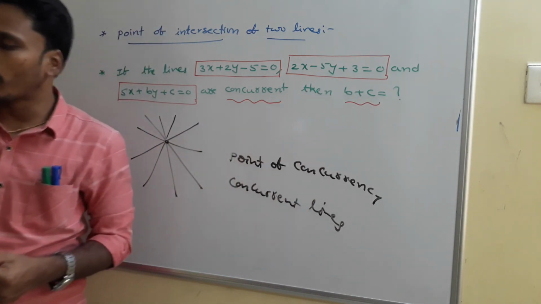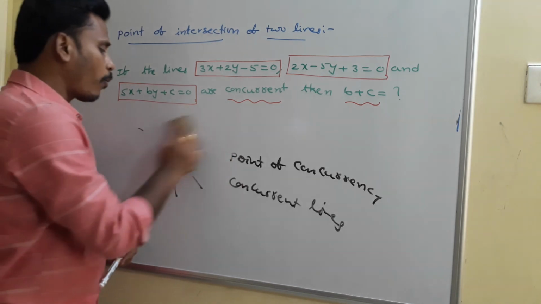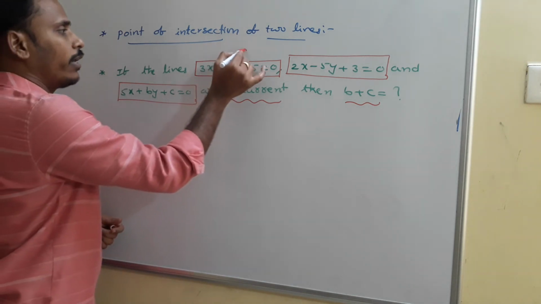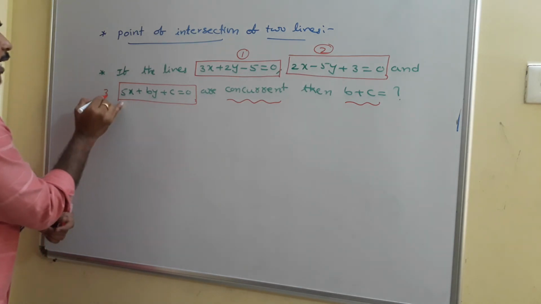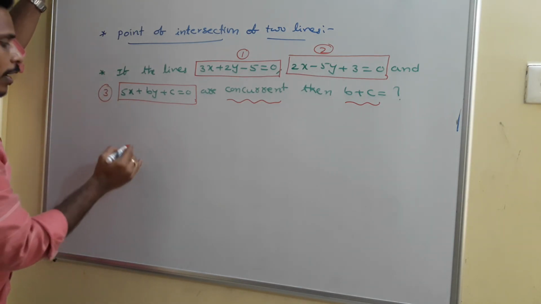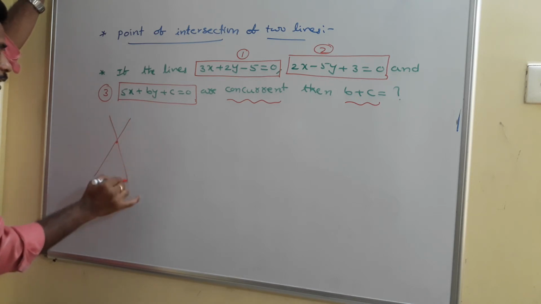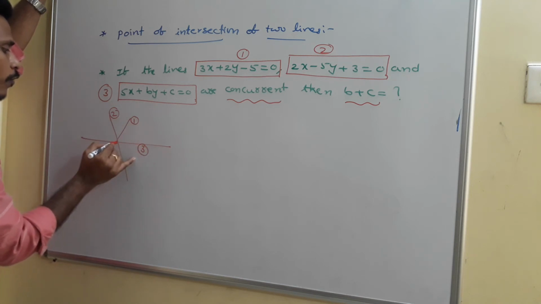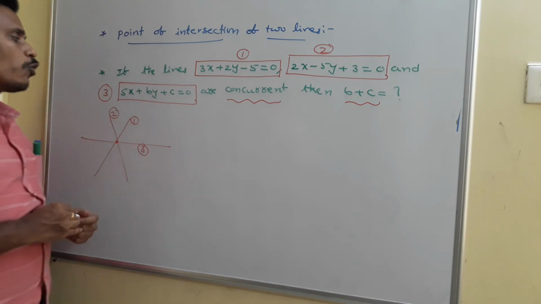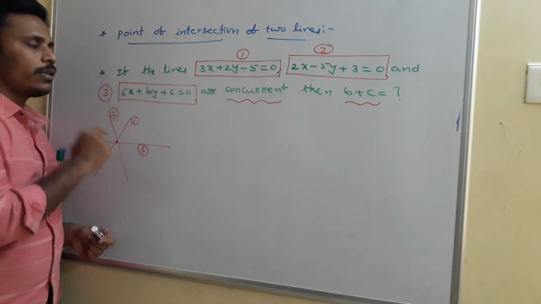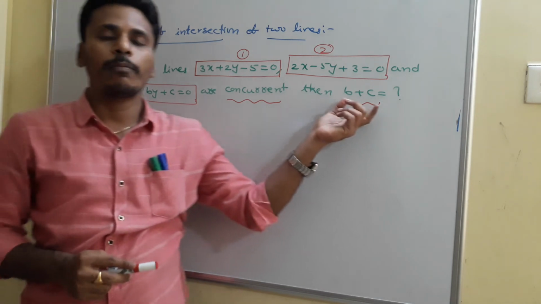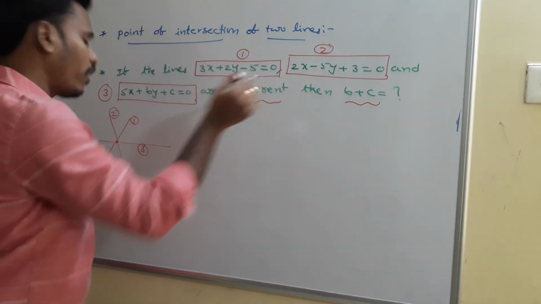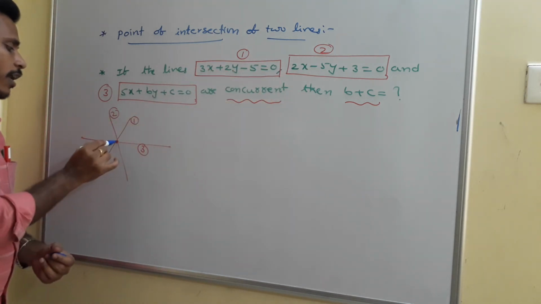See, as I mentioned, concurrent lines and concurrency is about the common point for the given lines. As per the given problem, consider those lines as line 1, line 2 and line 3. There is a point and passing through this point, 3 lines are passing. So first of all, we need to calculate that point. Now if you look at equation 3, 5x + by + c, b and c are unknown and we need to find b plus c. Since b and c are unknown, leave this third equation for some time and concentrate on 1 and 2 to get this point of concurrency, this common point.